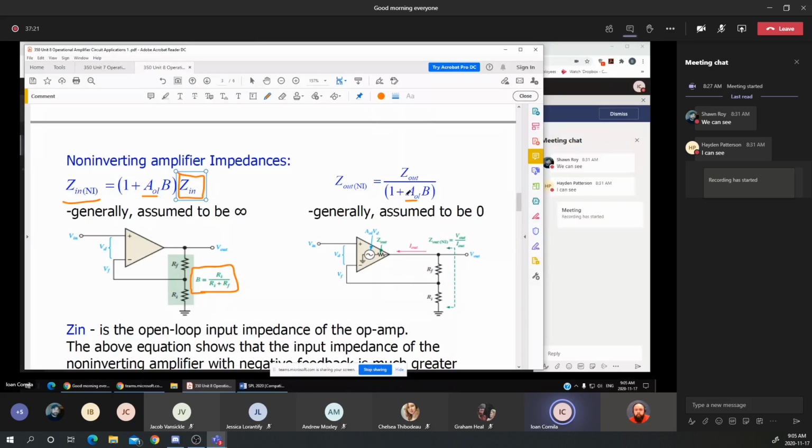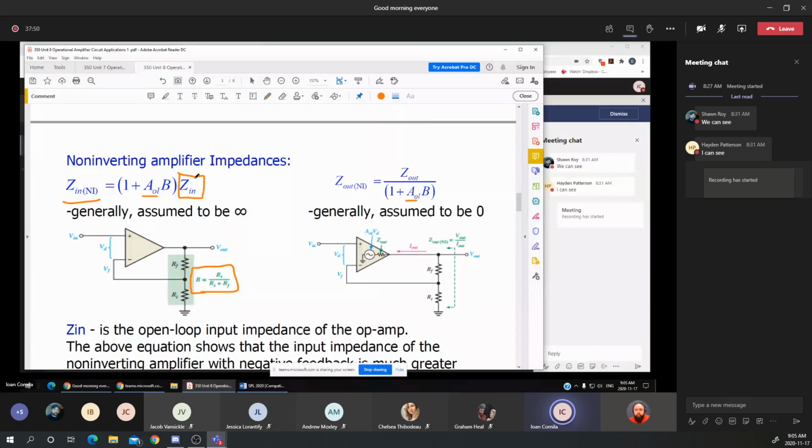It's 1 plus the product of the open-loop gain multiplied by the attenuation of the circuit. That means the Zout, or the initial impedance of the op amp, is divided by a number that is greater than 1,